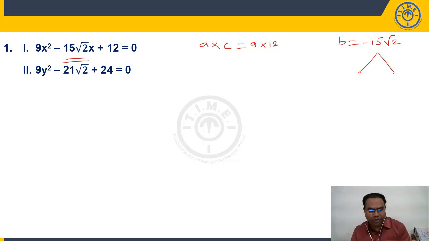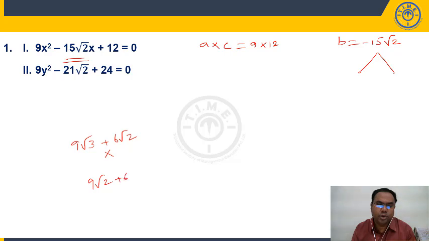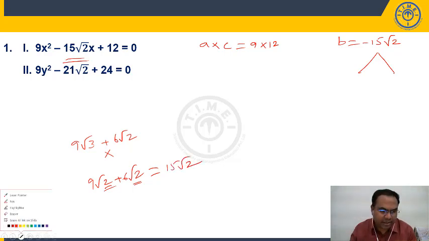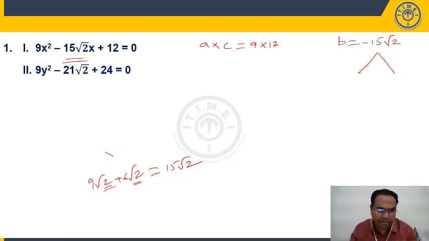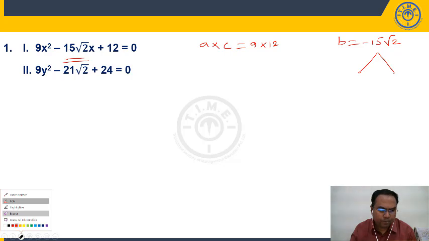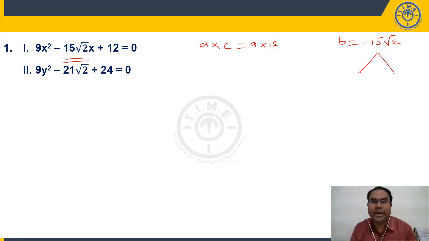So how will you get 15 root 2? We have to add like surds, right? Now you cannot add these two, 9 root 3 plus 6 root 2, you cannot add this. But if it is 9 root 2 plus 6 root 2, I can say 9 plus 6, this term is same here, so like surds we call it as 15 root 2 we can write, right? So if you observe here, why I am not multiplying is, if you observe here, right, we should get root 2, right?